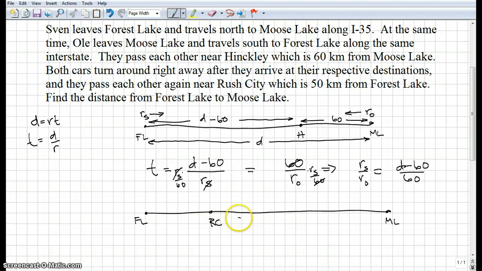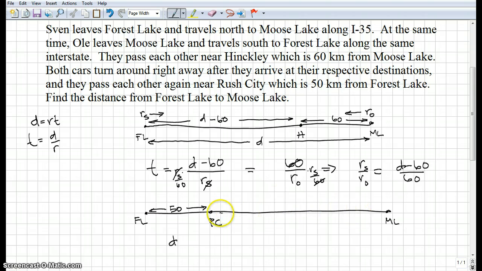So it's called Rush City, which is 50 kilometers from Forest Lake. Okay? So they meet again at Rush City, which is 50 kilometers from Forest Lake. Okay? So how far has Sven traveled? He's traveled D, and